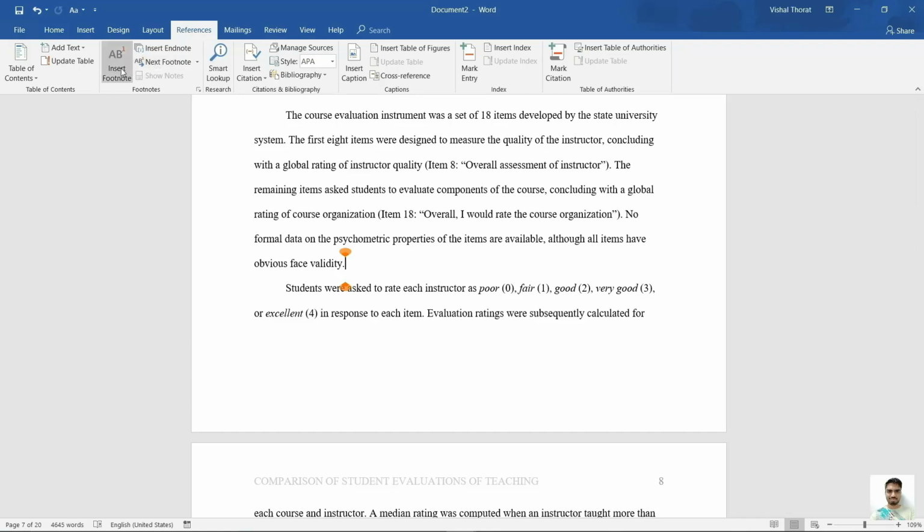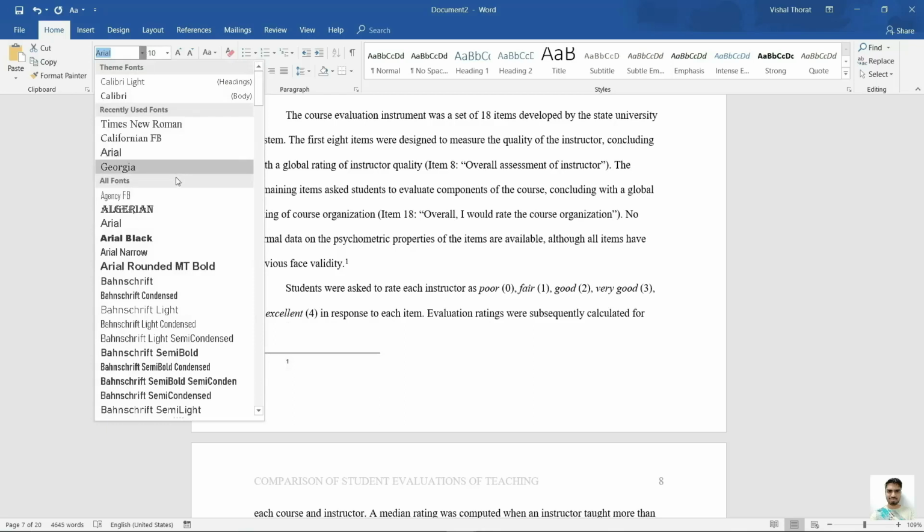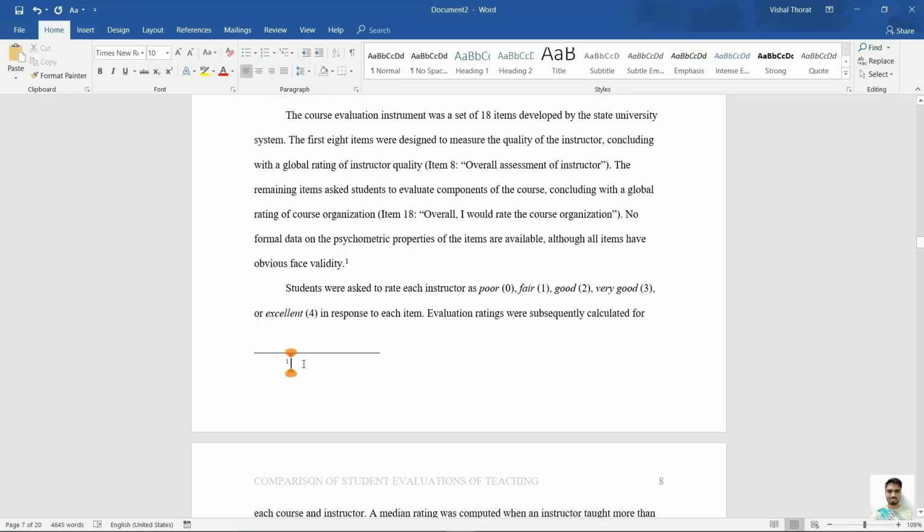Click on Insert Footnote from the References tab, and it will automatically insert a section at the bottom of the page wherein you can type a footnote. Make sure that the font type matches to the rest of the document. Keep the font size and line spacing to default. So basically you just need to match the font type and keep other options unchanged. Here we have used Times New Roman. So go in Home tab, select this superscript 1, change it to Times New Roman and type in your footnote.